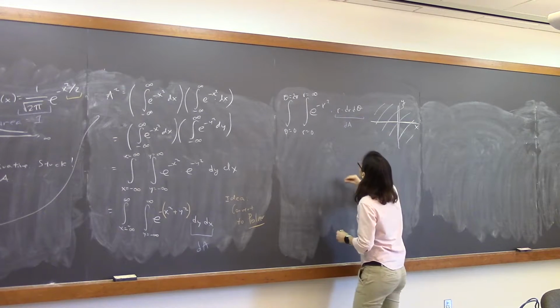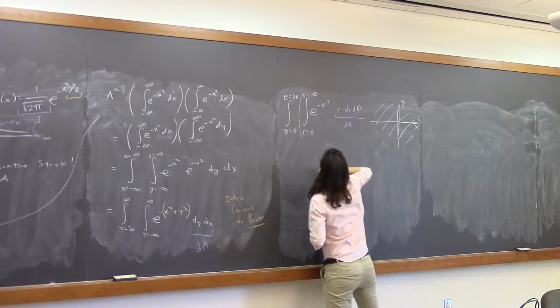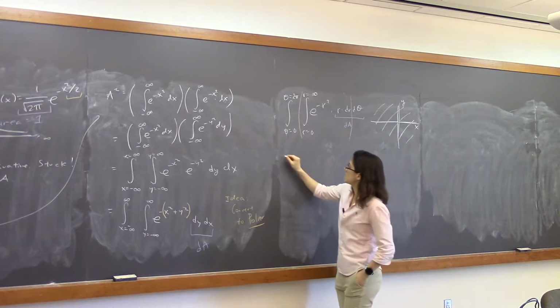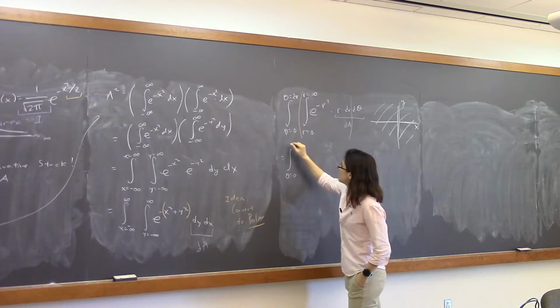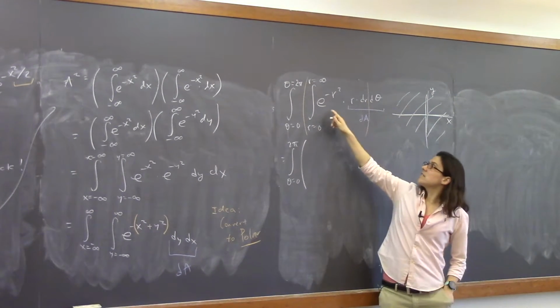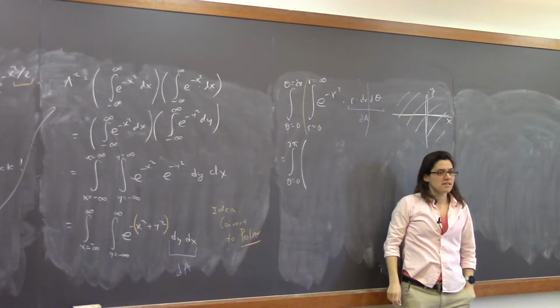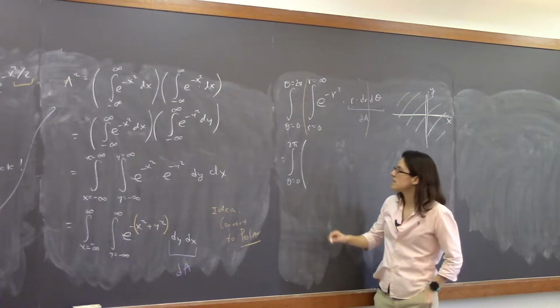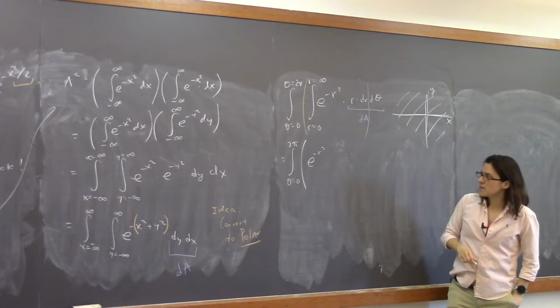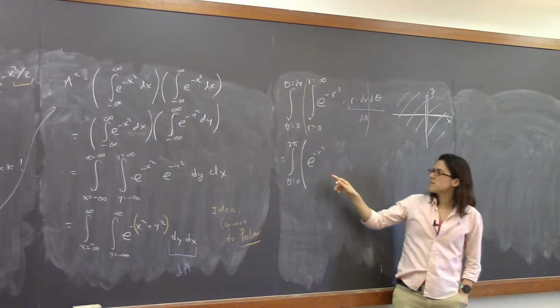Okay, so if you like, you can put on blinders and just do the r part first. So this is the integral from theta equals 0 to 2 pi of, let's see, the integral of e to the negative r squared times r. It's something like e to the negative r squared. This is my way of reverse engineering a u-substitution.